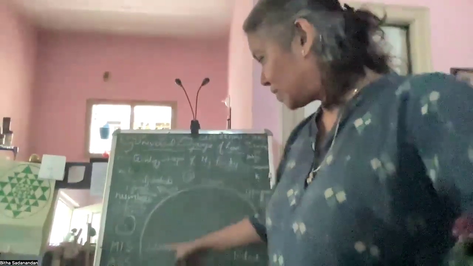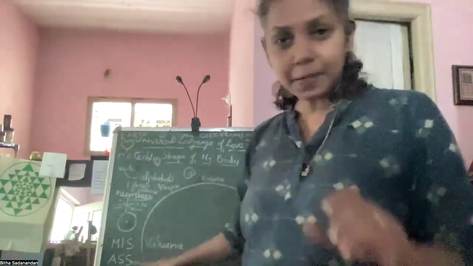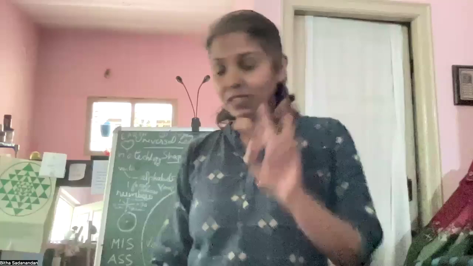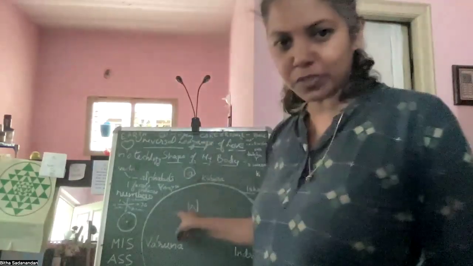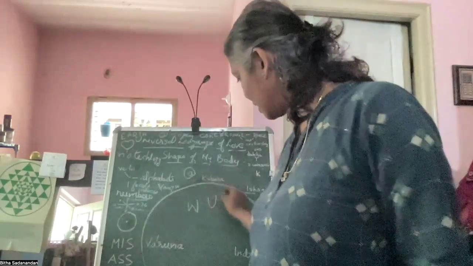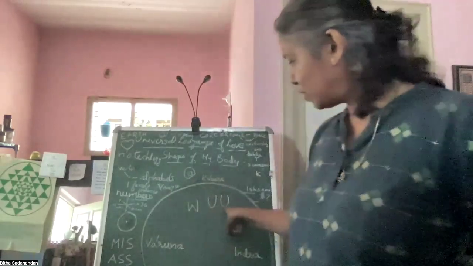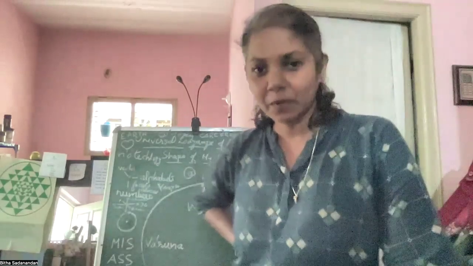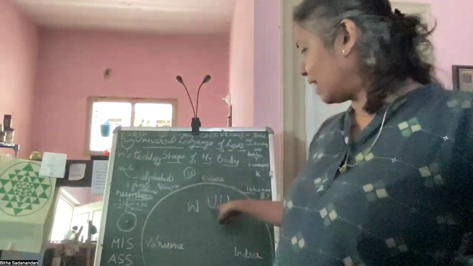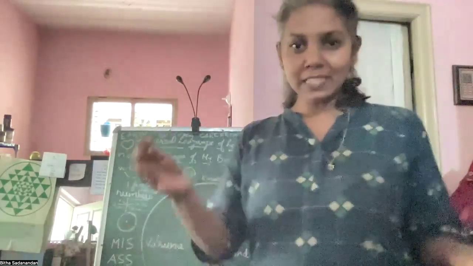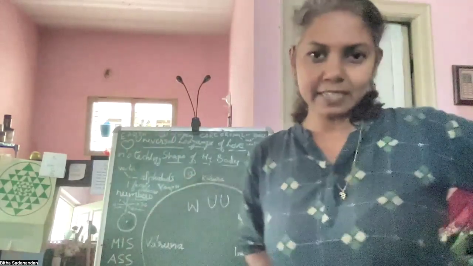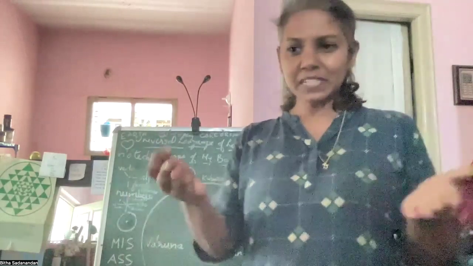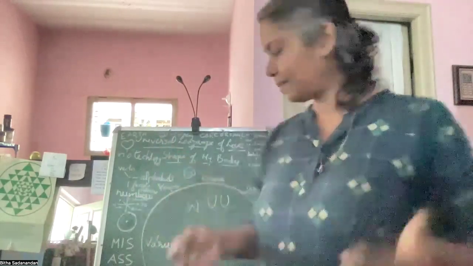So to address that, Va is talking about W, which is like 2V, or you could say W is U and U. We have to keep our U together. One way to look at it is when we have an equal balance between our left and right sides, not just our legs. Sometimes we even stand lopsided, which means we are having difficulty maintaining the weight of our body evenly.